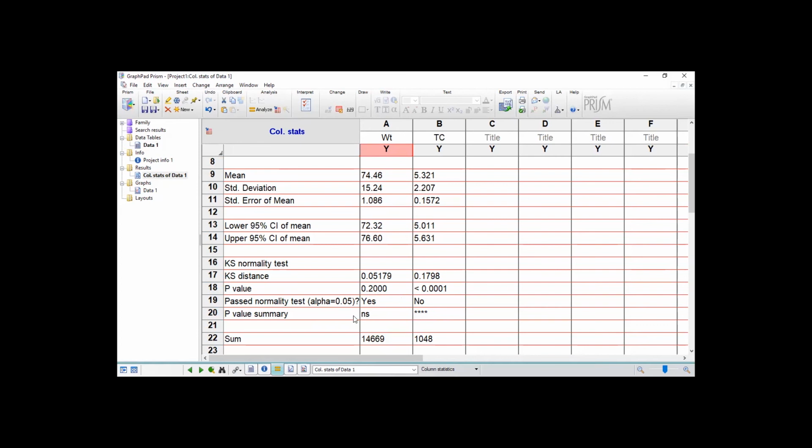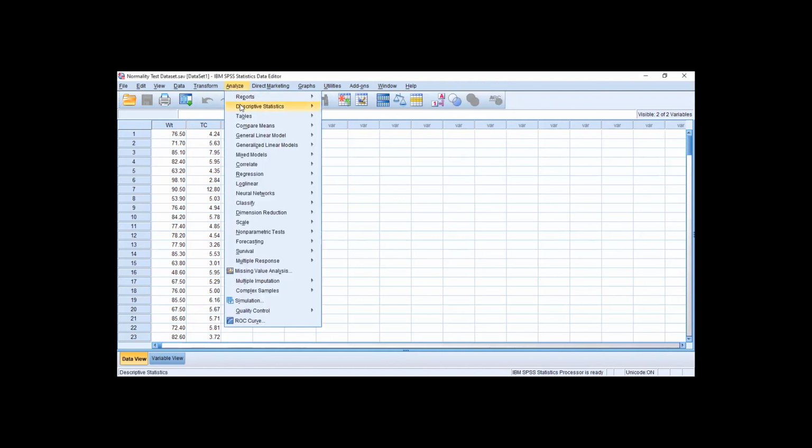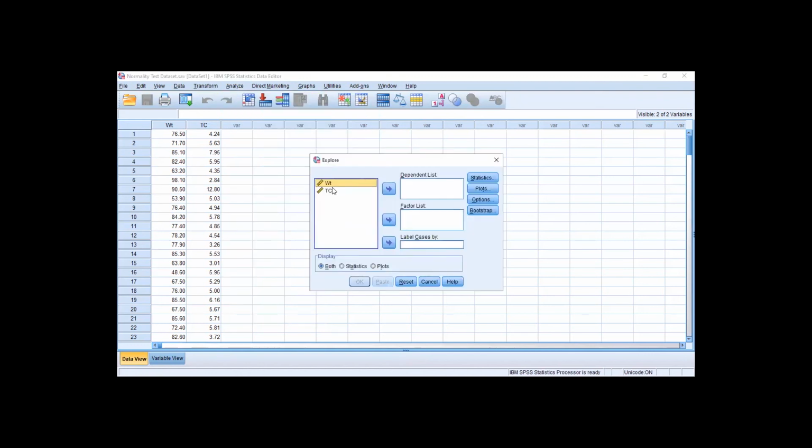Now let us see how SPSS fares. In your SPSS platform, you input your variables WT and TC. Then you click on Analyze, go to Descriptive Statistics, click on Explore, and select all your variables and go to Plots.